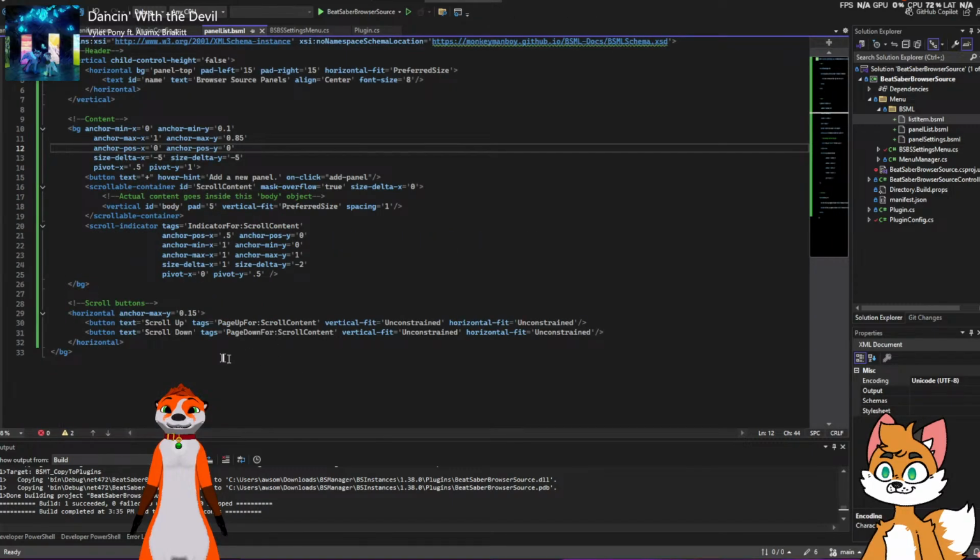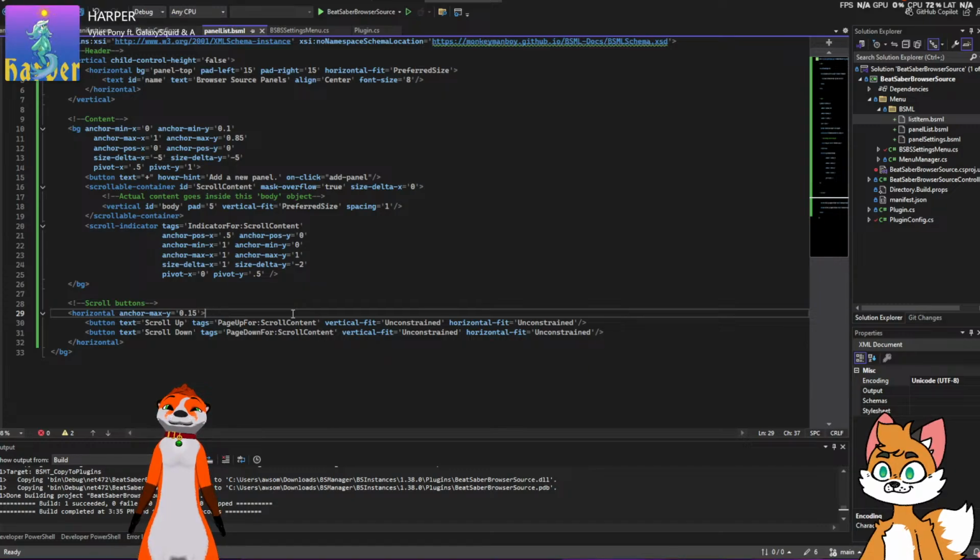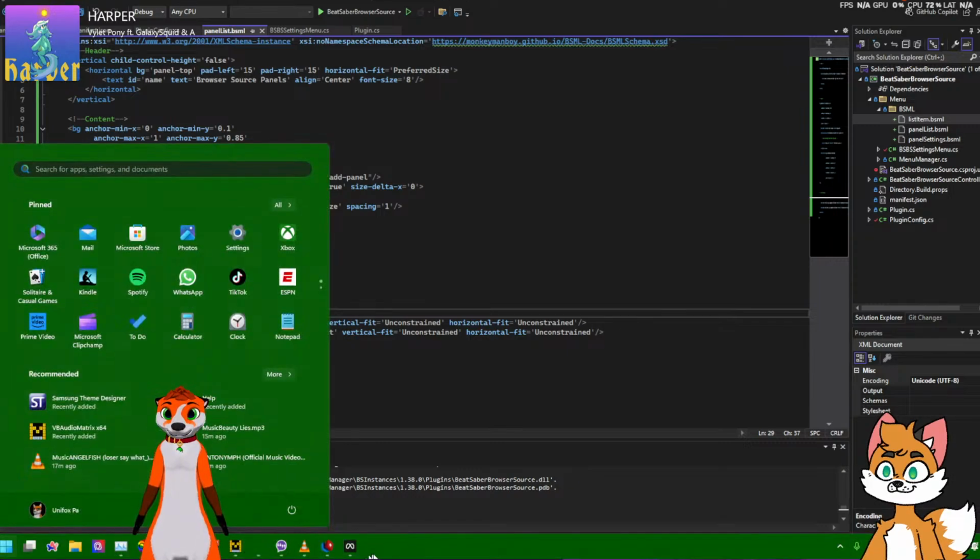I'm betting this... Oh no, it just uses text of scroll up and scroll down. It doesn't use the icons. Gross. It just says scroll up and scroll down, not using icons. Use icons. Don't just say scroll up and scroll down. Anyways,